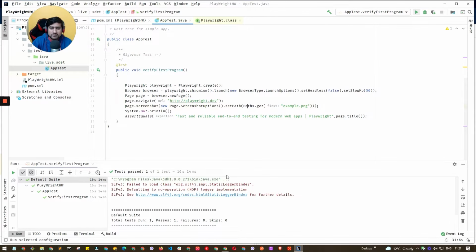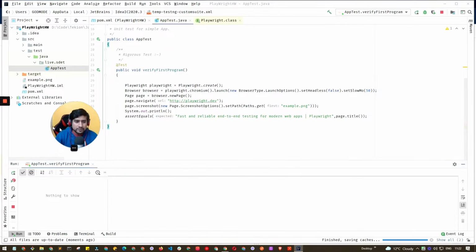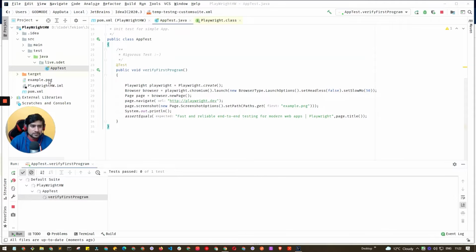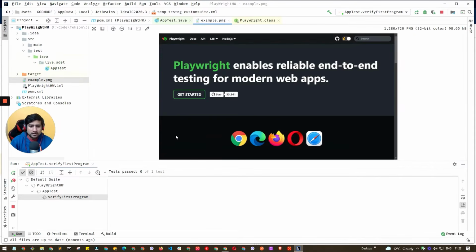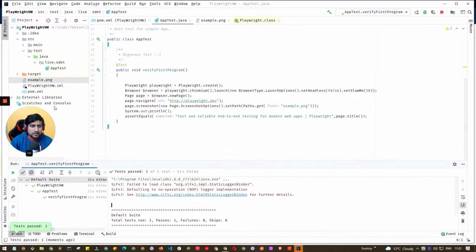Okay, now let's run it. Let me rerun for you guys. Actually, our screenshot is already available. I'm just rerunning again. So this is the browser, and okay, I'm just rerunning for you guys. Yeah, you'll see this browser, right? All right. So it's done, and here you will see